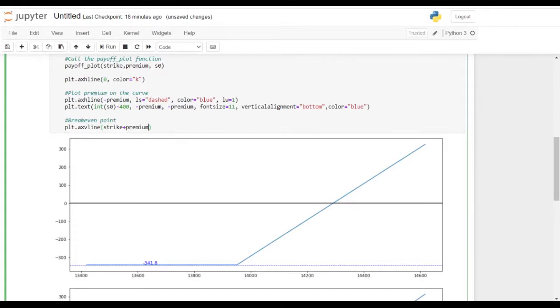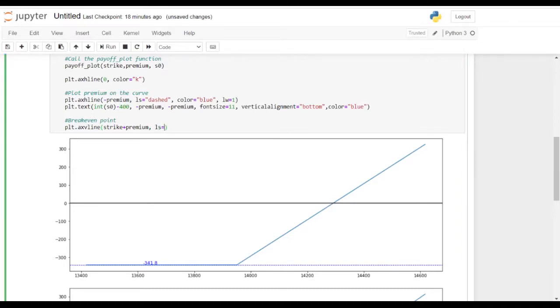So when will this be zero? Your profit, you want it to be zero. So this will be zero when the stock price is equal to K, right? Because if you consider any stock price at expiry less than the strike price, then at that value you'll be paying a premium that will be minus premium. So the payoff will be stock price minus strike price minus premium. So the break-even point would be strike price plus premium.